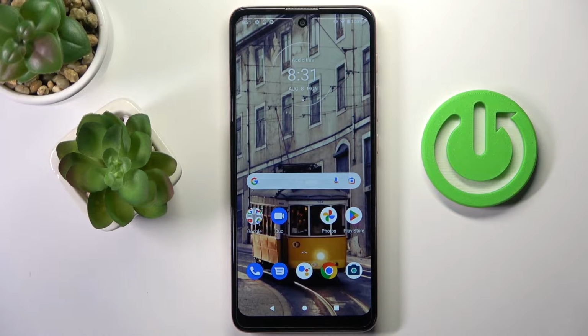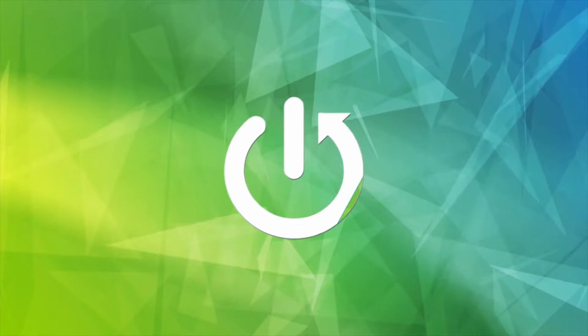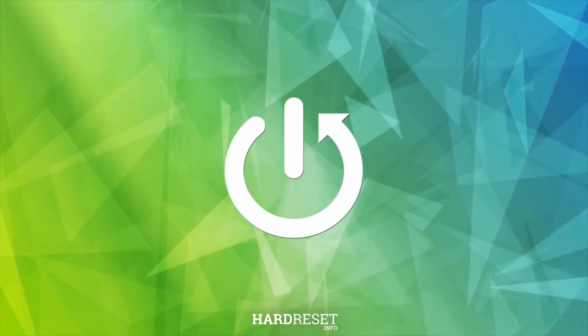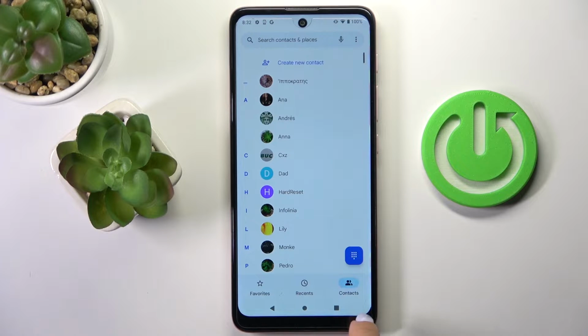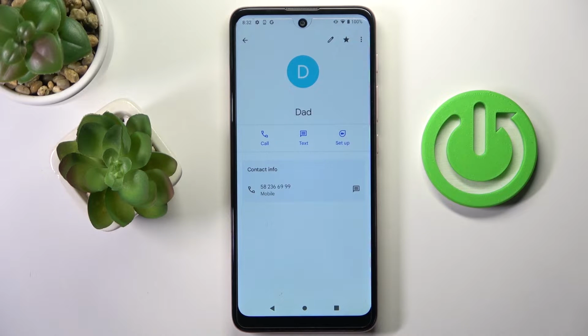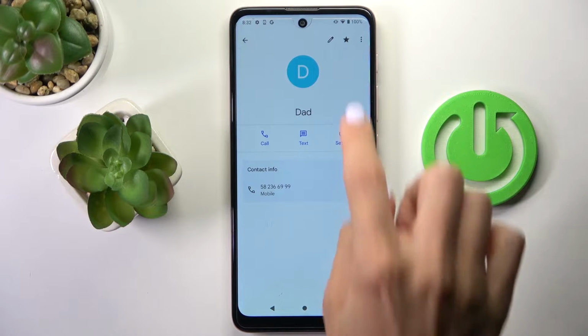In front of me is Motorola E40, and let me show you how to add a photo to a contact on this device. So first of all, open your phone dialer. If you are not in contacts, smoothly switch to this panel and mark the contact that you would like to add a profile picture to. Now click on Edit,